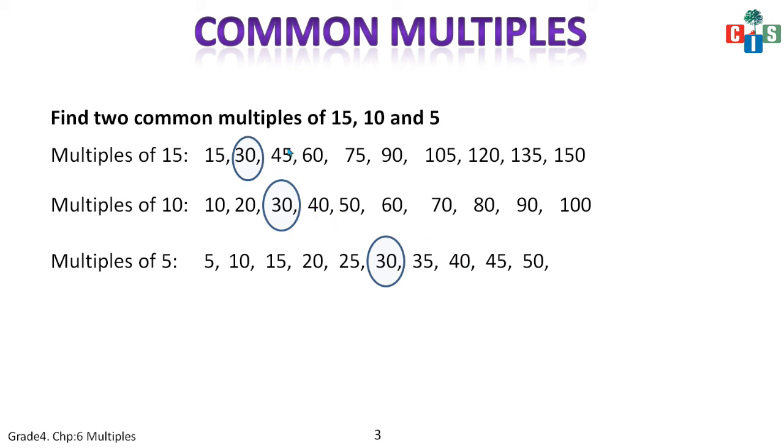Now see 45, 40 and 30. 40 is there, so here it will not be there. Then 60. Here 60 is there and here 50 is only there. So I think if I increase the table of 5, I'll get 60 because I know 5 12s are 60, and in multiples of 5, 60 will come. Yes. So I will increase the table. So 5 11s are 55, 5 12s are 60. So I can get the second common multiple because I have been asked to find two common multiples. So we got only one. Yes. So we will see 60 as the second multiple.